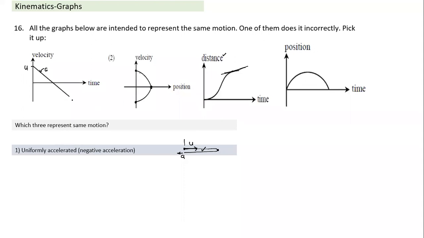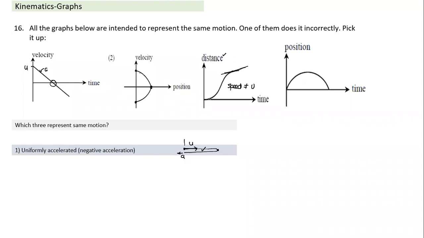If I compare here, if the graph is something like this, what I notice is, is the slope anywhere becoming 0? The slope is not becoming 0 here. Nowhere is the slope 0. It means speed is never 0. Whereas here the speed comes to 0. So does it match? Is the slope anywhere becoming 0? The slope is not becoming 0 here. Okay. So this one doesn't match with the first one.